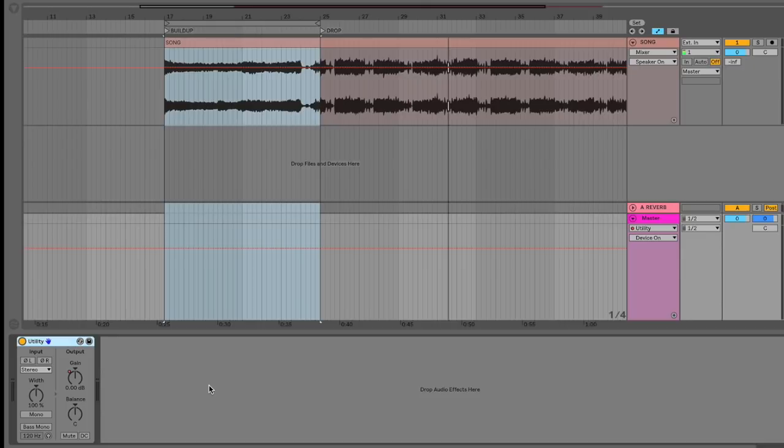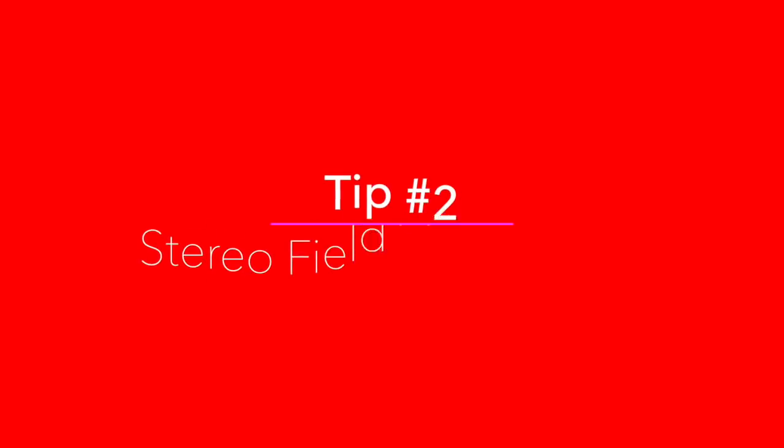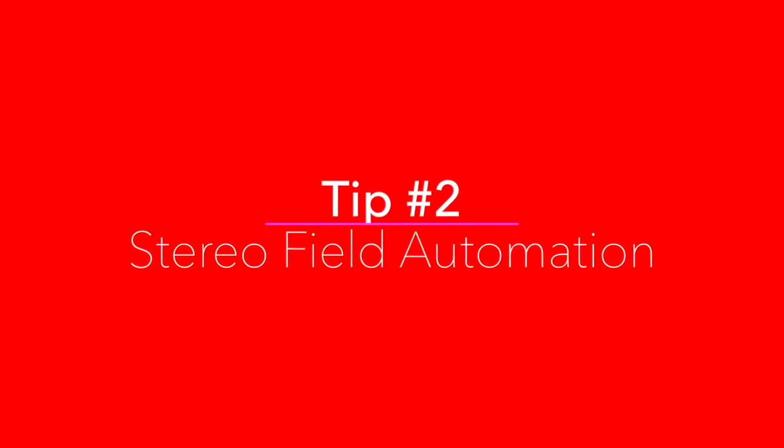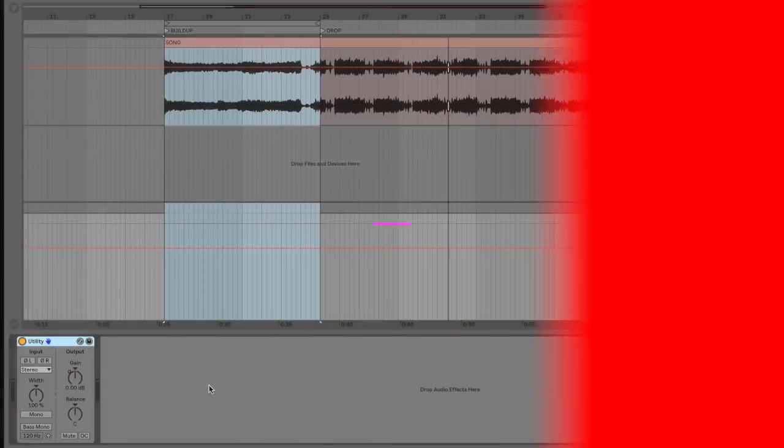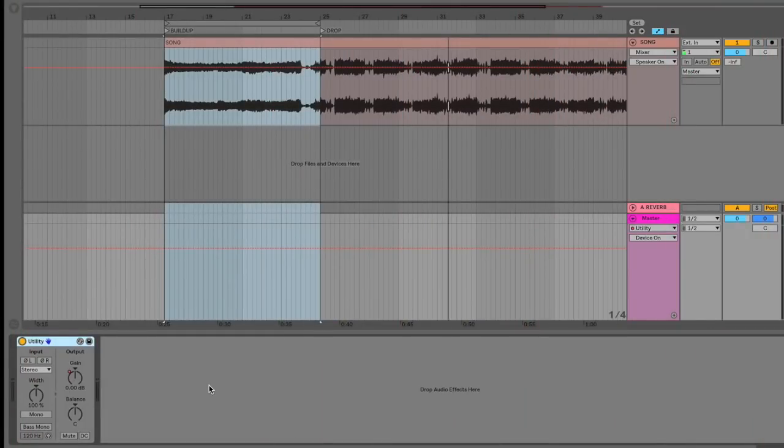And now for tip number 2, and that is to use stereo automation in our build-up to create the perception of a bigger drop. So this is taking the same idea from tip number 1 and applying it to the stereo field. What we are going to do is apply gain reduction to the sides of our stereo field as the build-up plays, and then bring it back to unity like we did in the gain automation